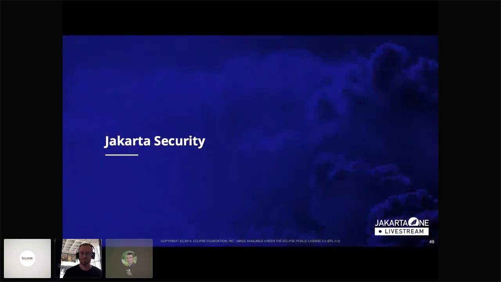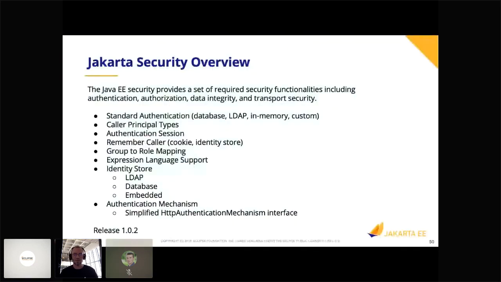Jakarta Security. So Jakarta Security allows developers to follow a standard API for securing applications, including authentication, authorization, data integrity, and transport security. The API also defines a security context access point for programmatic security. Service Release 1.0.2 is included with Jakarta EE 8. This is very important as